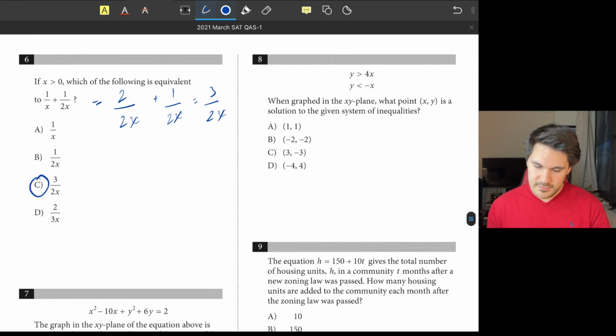Number 8. We have a couple inequalities. When graphing the xy plane, what point (x, y) is a solution to the given system of inequalities? So for this, just plug the answer choices in and see what works. We'll start with the top inequality and the first answer choice. So if we plug in 1, 1,